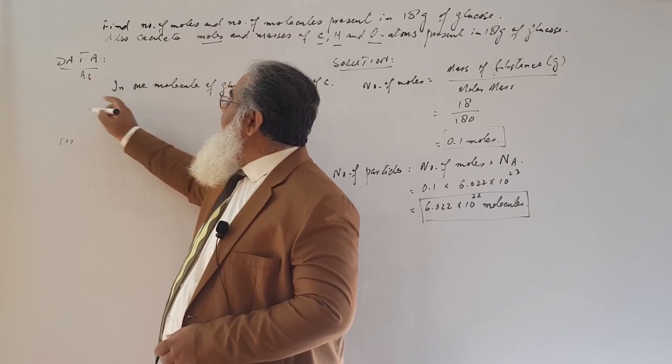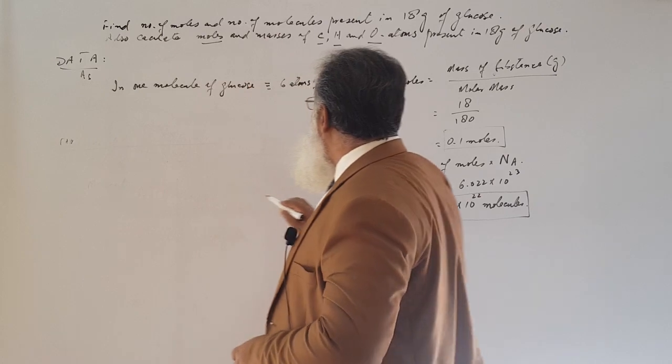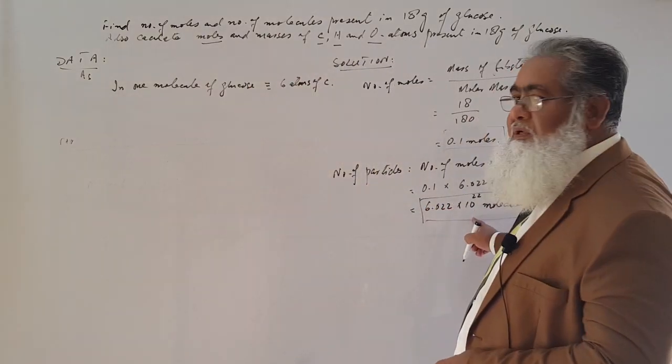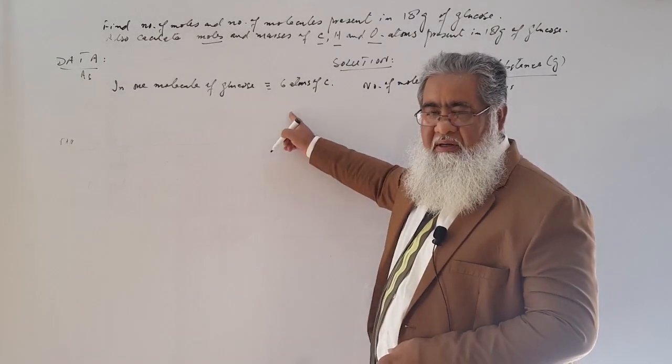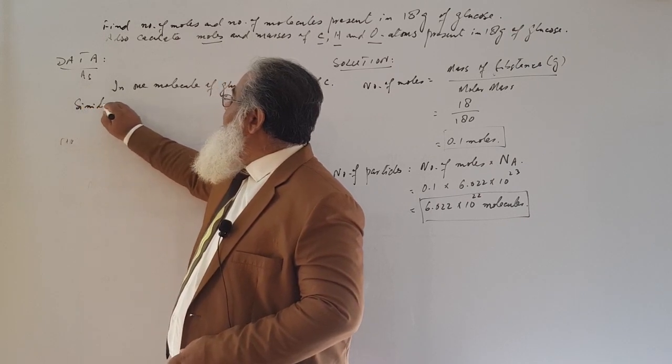As in one molecule of glucose, 6 carbon atoms are present, hence this much number of molecules will have how many carbon atoms we can find. Now, similarly,